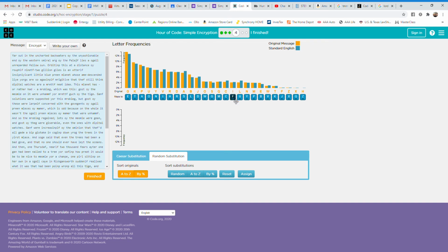Okay, and it might take you a little bit longer as a student, if you're not a strong reader. I'm a strong reader. I have a vast vocabulary, so this is actually very easy. Once you start to uncode it, the bigger your vocabulary is, the easier it is to do. So it might take you a minute, but this is how you do it. Far out in the uncharted backwaters of the unfashionable end of the western spiral,